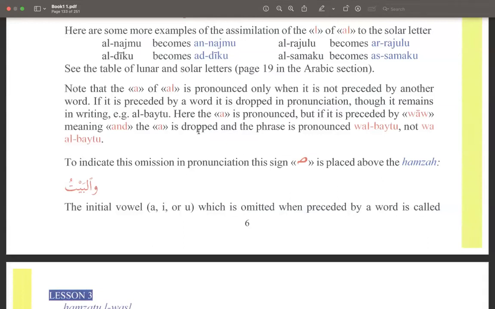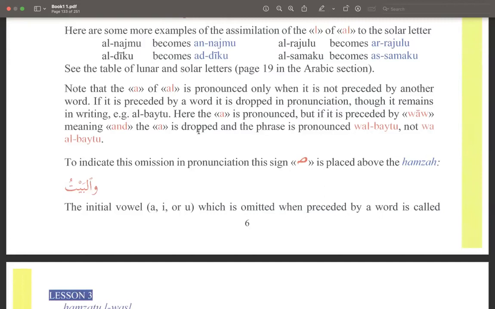So if this was in the Usmani text, then it would be a jazam over there, right? If you're reading it one by one, no haraka on it. If it's read as one by one, then it should have a jazam on it, right? In the text that we read. Yeah, it will have a jazm on the lam.